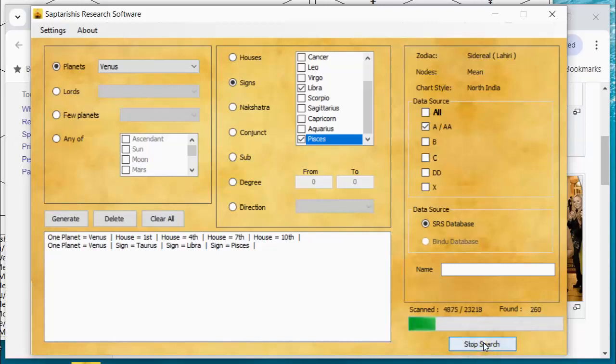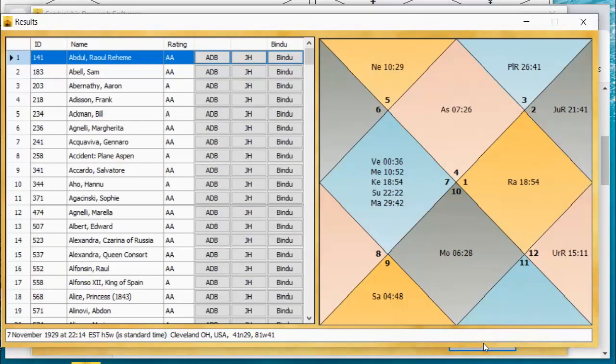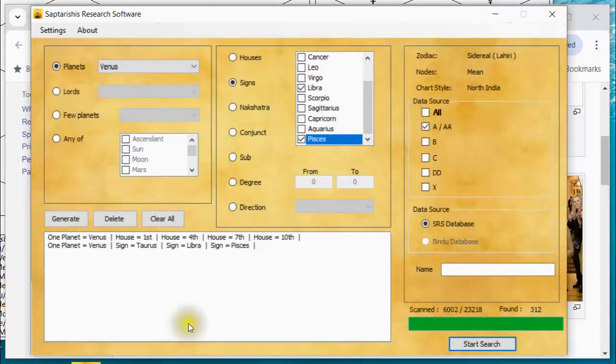If I've got 120, after going through just 1/10 of the database, I'm going to end up with 1,200 horoscopes. I don't want that many. It's too many. So I'm going to stop that, and I could persevere, but let's say I don't want to look at that many horoscopes. Let's say I get another idea and I say, I want to find individuals who are really the Brahminical types. What are the Brahminical grahas? They are Jupiter and Venus.